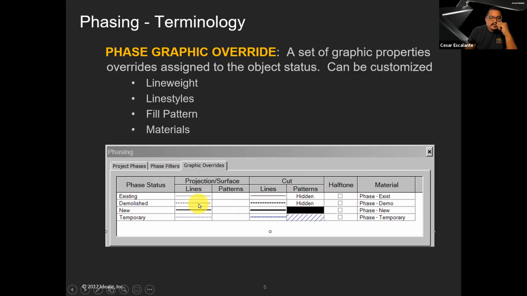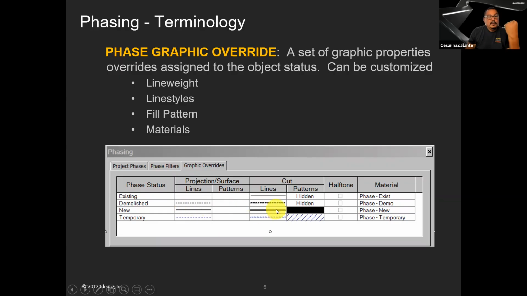Demolished objects receive this dash line. Demolished object was created, sorry, I misspoke. Existing elements were created in the previous phase and they remain. They do not get demolished. These are elements existing to remain. The demolished line weight is applied to elements created in the previous phase and demolished in the current phase, or the active phase. New elements receive this